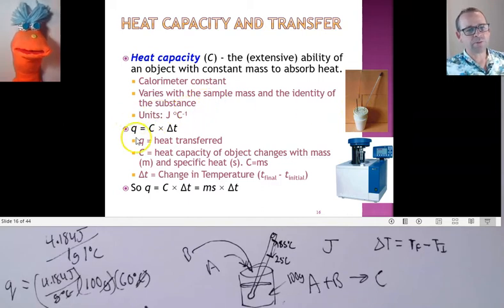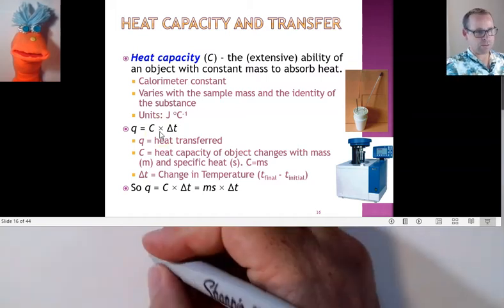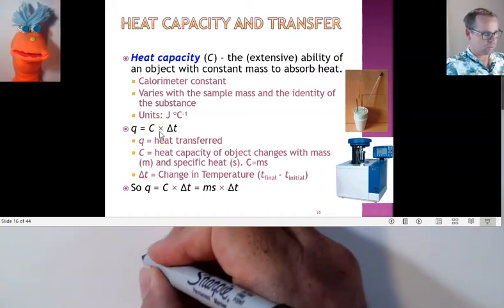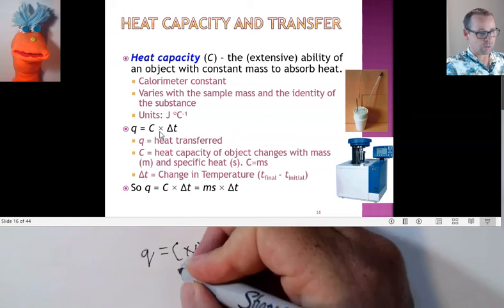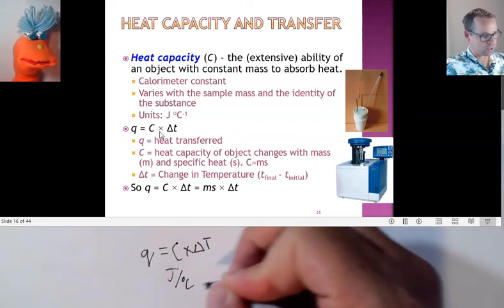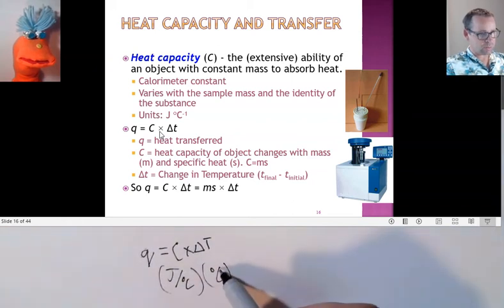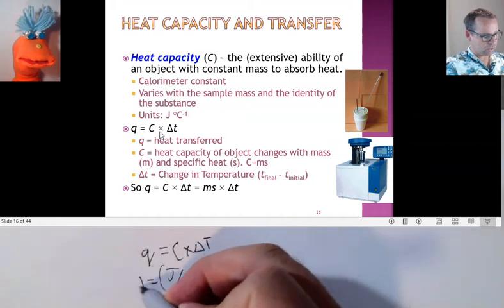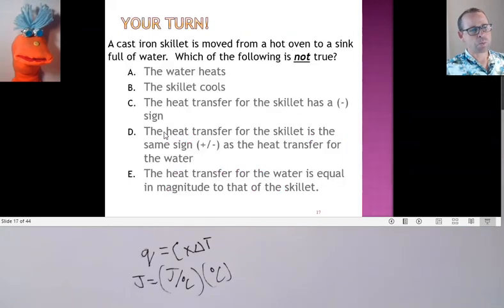So we can identify the heat that's transferred by taking the heat capacity, which is going to be a number of joules for every degree Celsius that the system changes. So the resulting heat will be the heat capacity times the change in temperature, where heat capacity is in joules per degree Celsius, and my change in temperature is in degrees Celsius. So this is on the bottom, this is on top, these will cancel out, and I'll be left with just joules over here on the left for heat. Okay, so